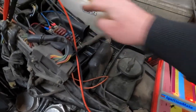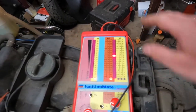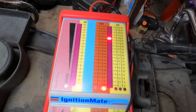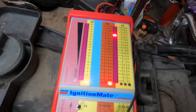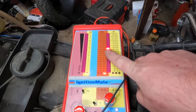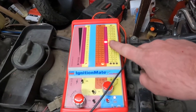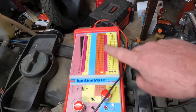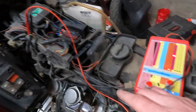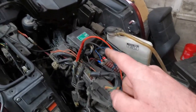Let me put the fan fuse back in. Now the voltage you're getting, it doesn't really matter. As long as they're both the same, you should be all right. Now when that's cranking over, it's not going to be quite as high because the engine's not spinning as fast. It'll probably be a little less than the 200 volt range, but you should get the same reading on both wires. All right? So that means that the CDI is at least putting out the voltage it needs to,